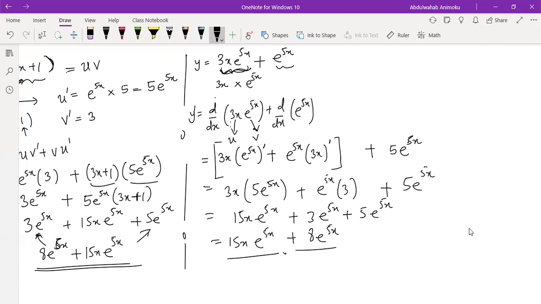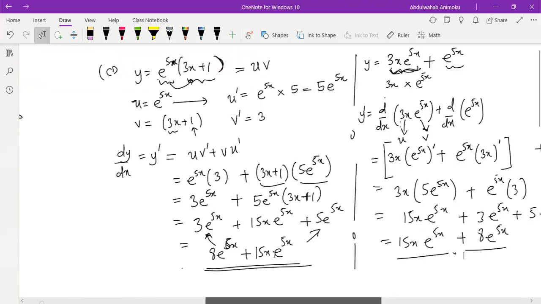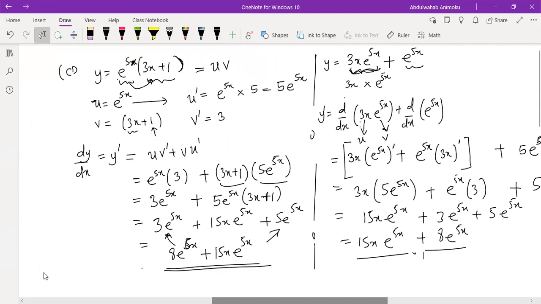You can see that this method is a little bit trickier than the first one. This is why I like the first method, where when I see the function, I basically just use the product rule directly, right? Instead of simplifying the function first. All right, let's move to the last problem, which is